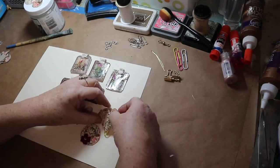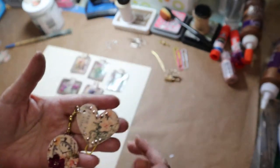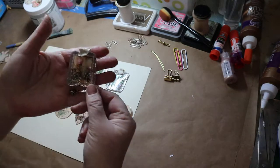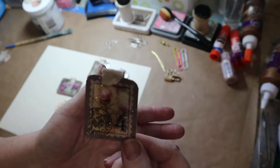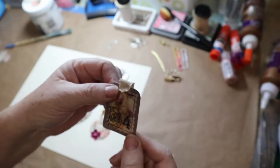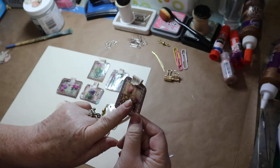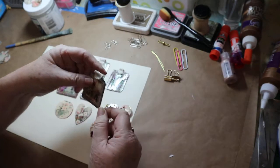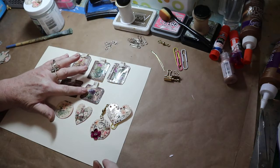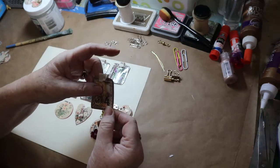I had shown you on the last video this pretty little paper clip, and I also have made some of these little, let me get a good light for you guys. This was some ephemera that I got, and it's got all the thistles on it, and they're little stamps. And then I put a piece of the Dupioni silk as a little tab on there, but I've covered it,